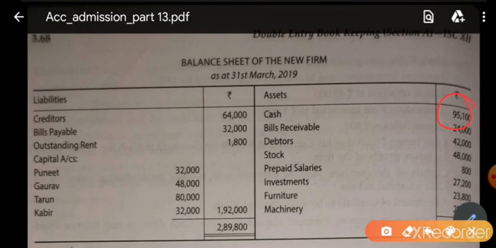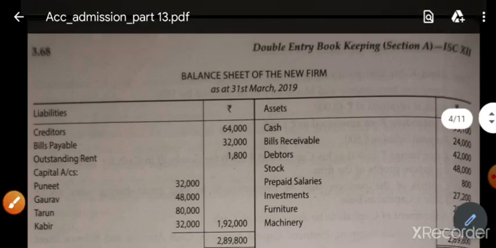And then we will update the balances of assets and liabilities. Some assets have changed, some liabilities have changed, and those assets and liabilities that do not change are written as they are from the old balance sheet. You can see the old balance sheet. In case there is no change in stock, write the same value. In case there is no change in creditors, write the same value. So do not forget to copy those assets or liabilities which have not changed. This way the balance sheet will be prepared, and this way we will do the adjustment of capitals of old partners on the basis of the new partner.